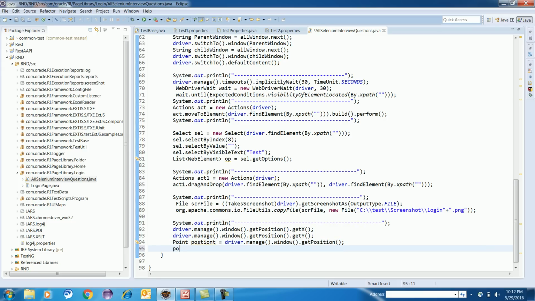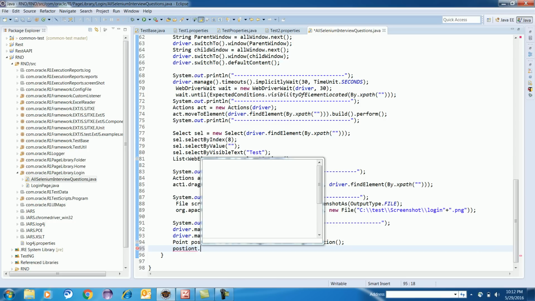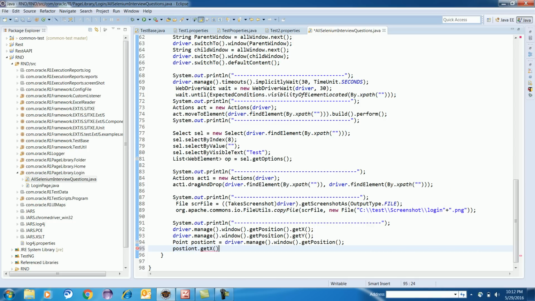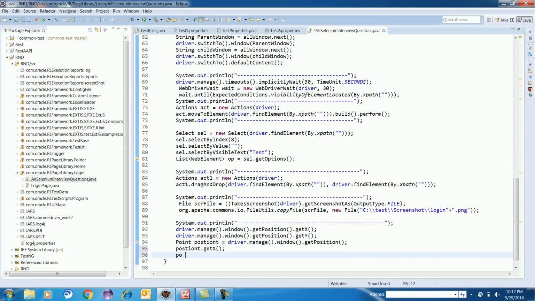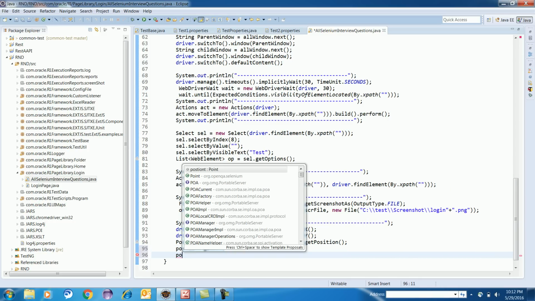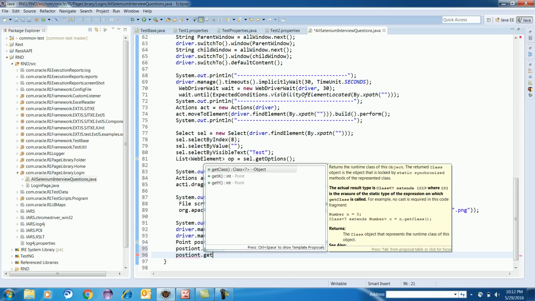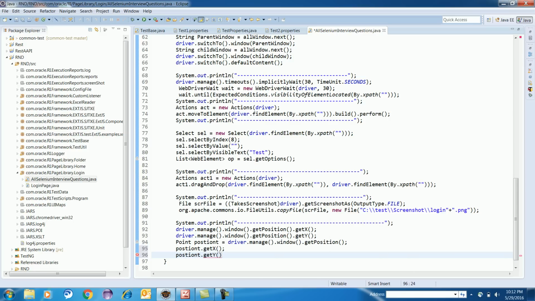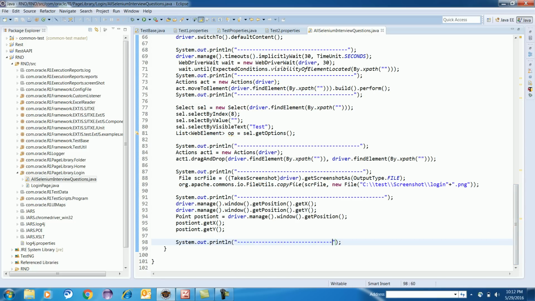So if you write position dot getX, and this is another way to get the x and y, and you can get y. That's how you can get the coordinate. Hope you guys are understanding, because today my aim is to cover everything in Selenium interview questions. Now what else is remaining? This is done.